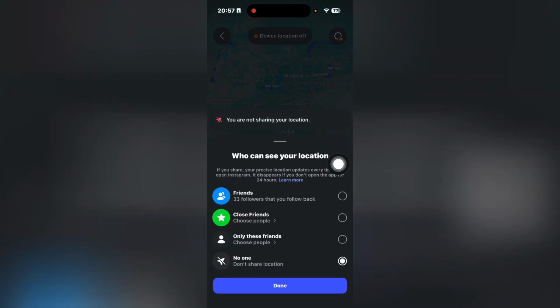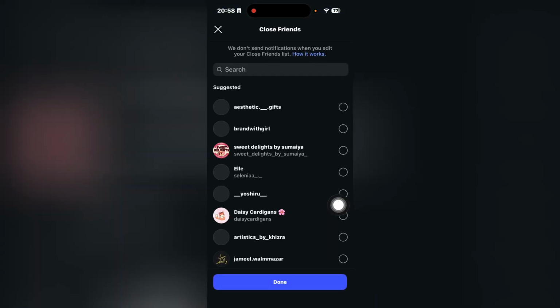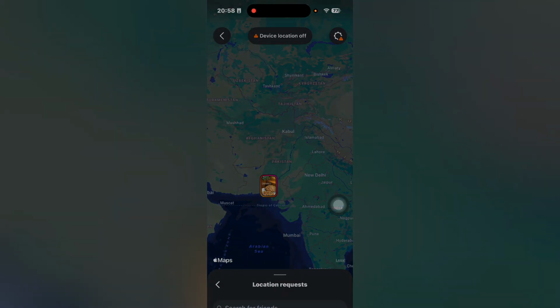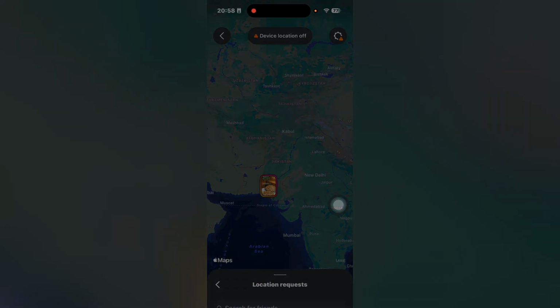You can click on next and then they're going to ask whether you want to share with friends, with close friends, or only with a specific group of people, or you don't want to share with anyone. So for example, if you select close friends, all the people that are in your close friends will be able to see your location. Once done, simply click on share location and then click on continue, and you can also allow Instagram to use